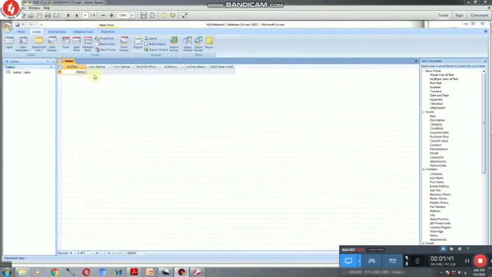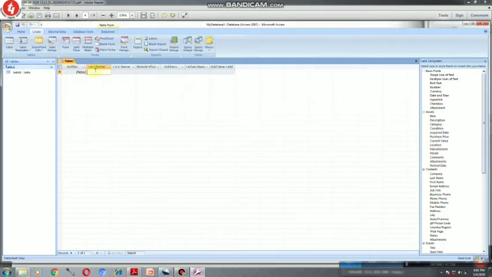Not only that, you can even add records. Now how to add records? So just click on the blank fields, like last name I am writing as Dash, then first name I am writing as Swarup, then mobile number I am typing as 1234567, then address as New Cooch Behar, then father's name as say Mr. D Dash. So like that you can add the fields.